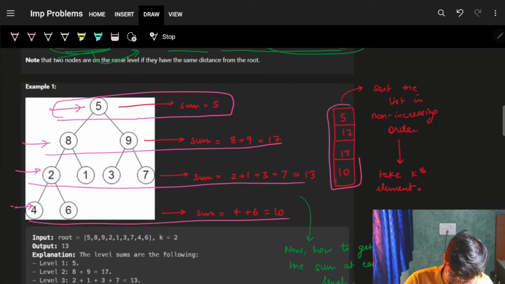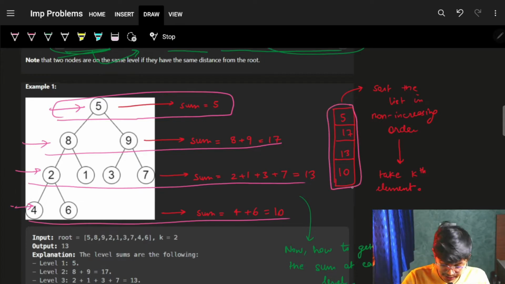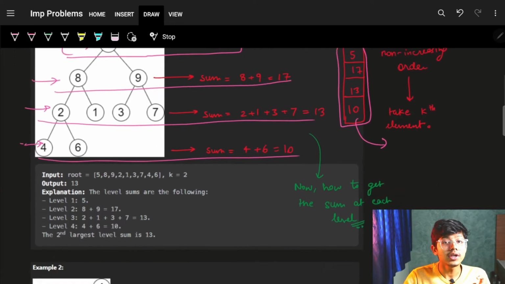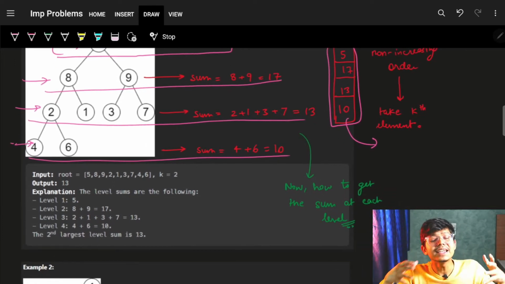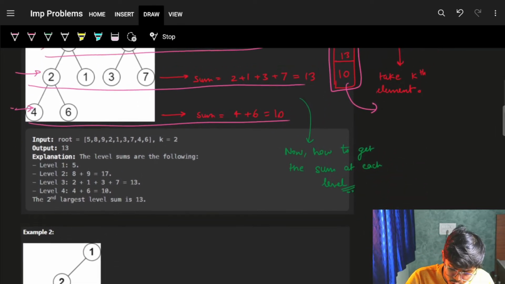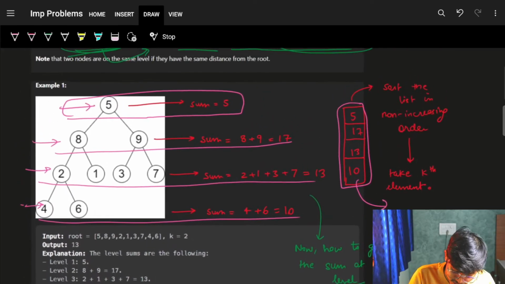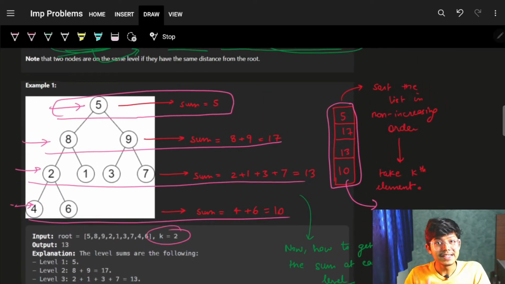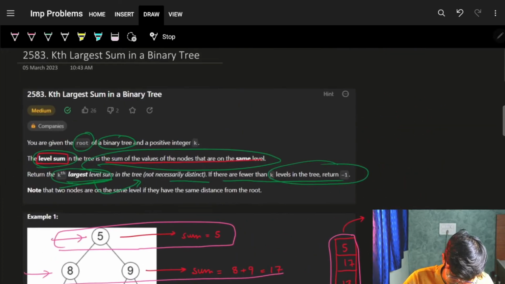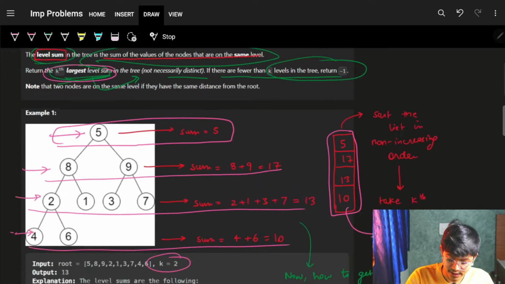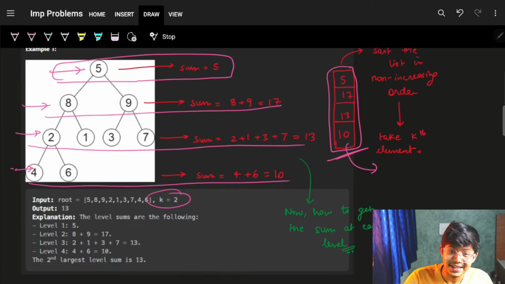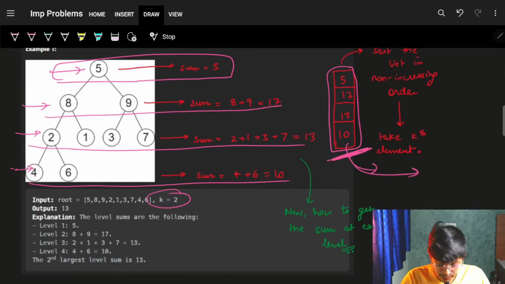Now, if we put the sum of every level in an array and we sort this array in non-increasing order, which means in decreasing order. Let's say we want k equal to 2, which means the second largest element, which is the kth largest level sum. So the second largest element in this particular array, which we have made out of the level sums,